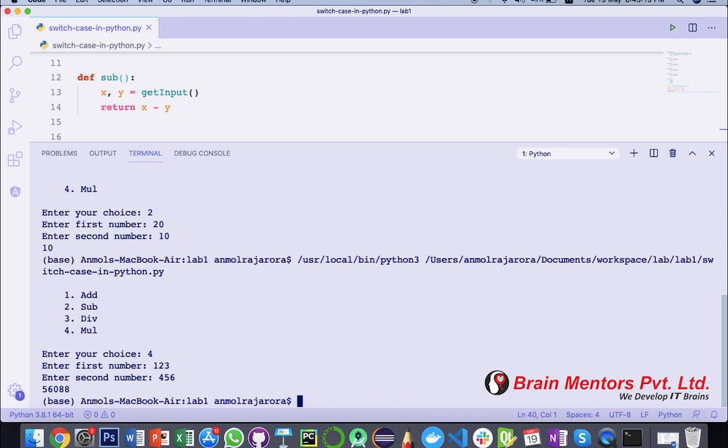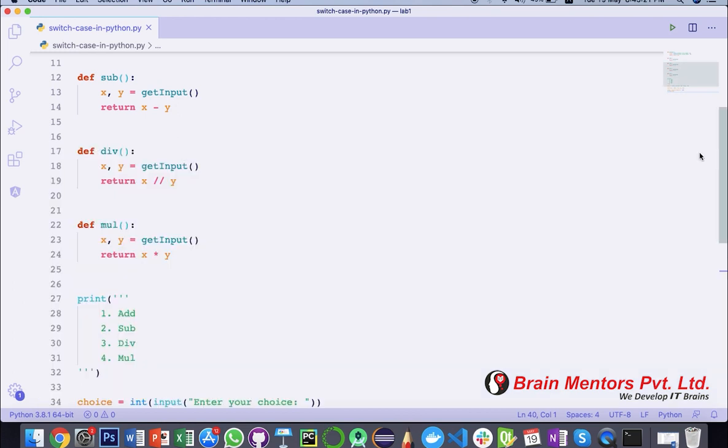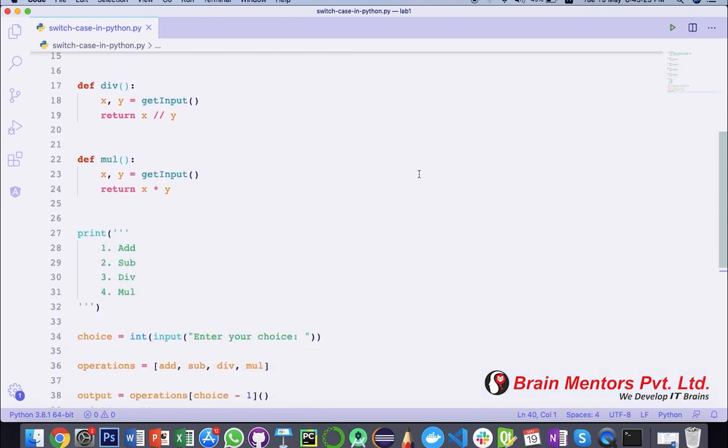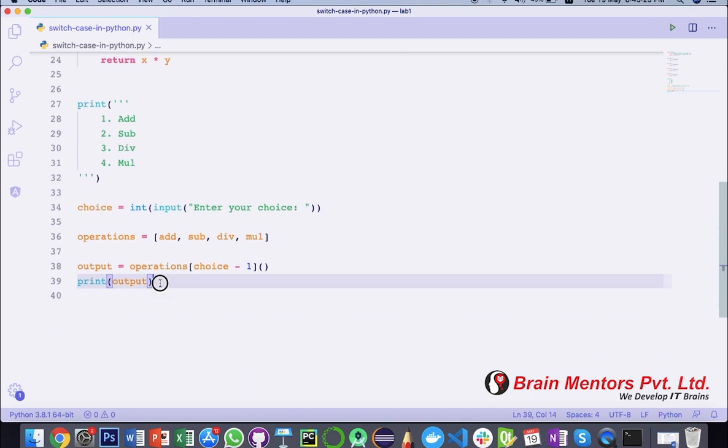Okay, so we have finished our first part of this switch case thing, and you can see this is a much better solution than using if else. Even if you are having too many options, you can just build a list, and based on that you can fetch something at the particular index and then call it, instead of using so many lines and building a ladder out of if else conditions.